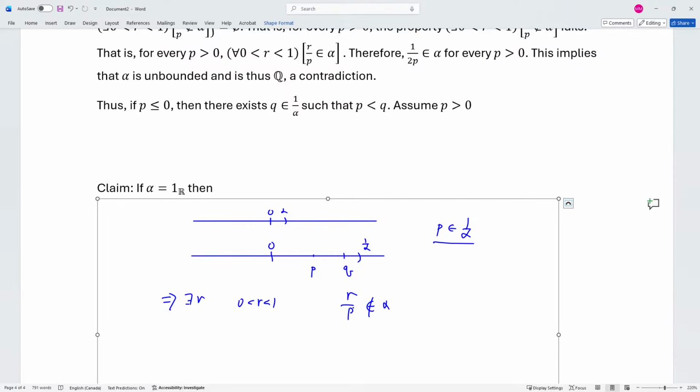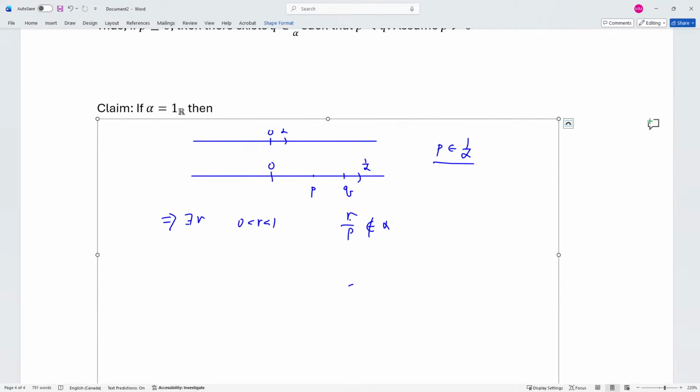I was trying to rewrite this expression, which is already not in alpha, as the square root of r times the square root of r, over p. And this is my candidate 1 over t. So t is equal to p over the square root of r. Obviously, this is greater than p, because r is between 0 and 1,